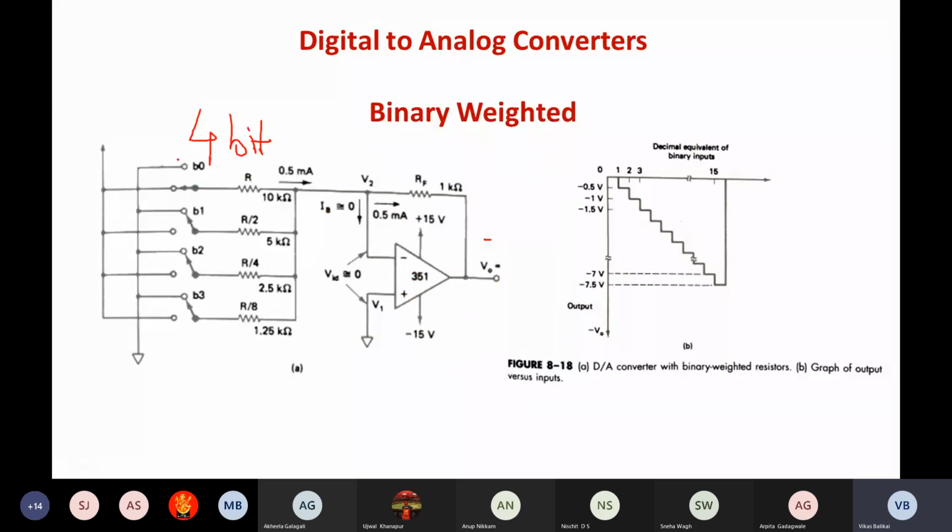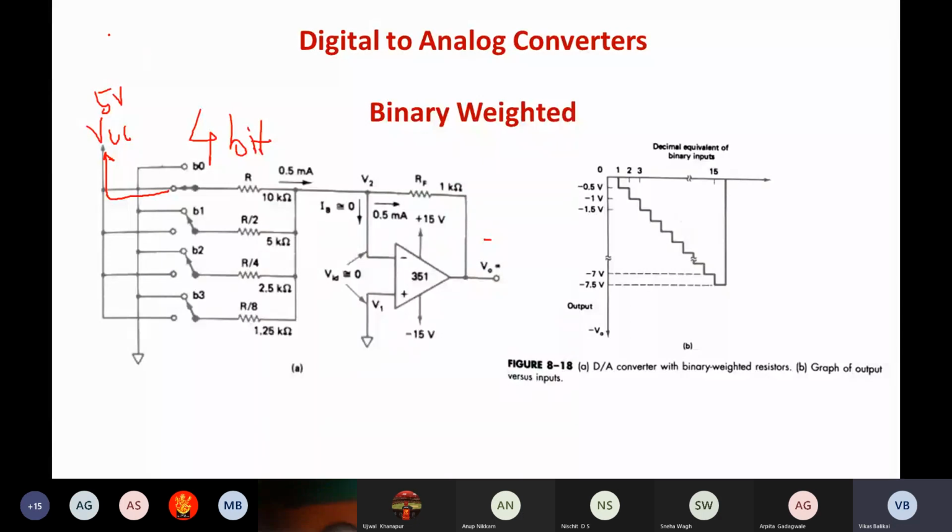Either I can use a switch over here and connect this entire terminal to VCC, which is your 5 volt. And the moment this switch is connected over here, which means it is connected to ground, so 0 is flowing in this particular wire. Our B0 is given a value of 0. The moment this switch is connected to this particular point, which is connected to VCC, 5 volt is fed to this B0 stream, which means plus 1 is flowing over here. So that's how I can simulate the digital inputs here.